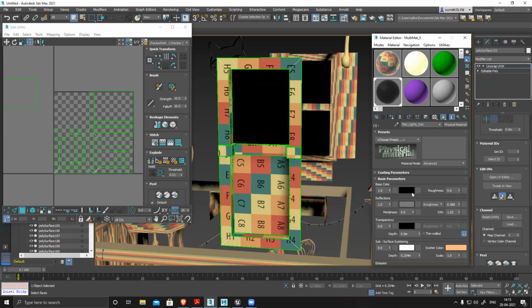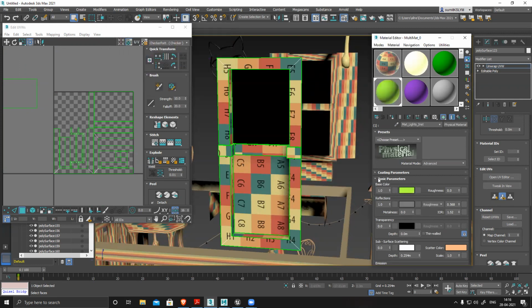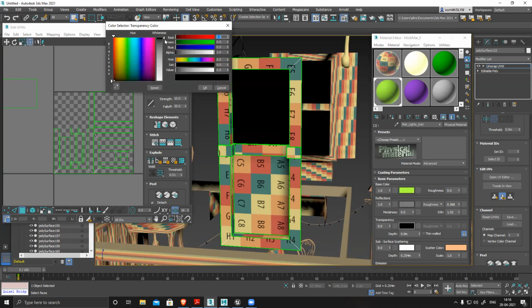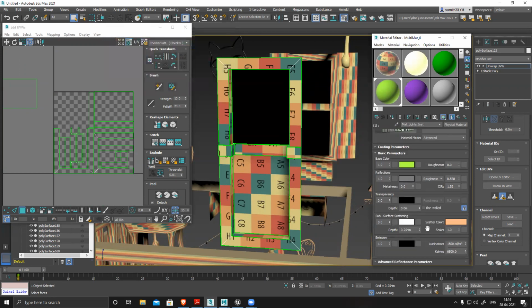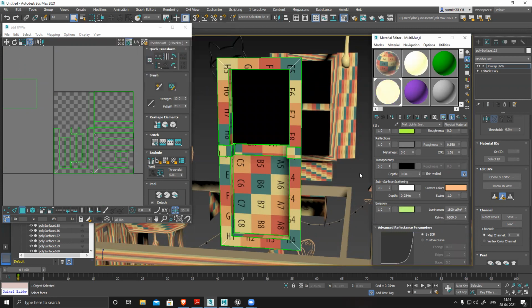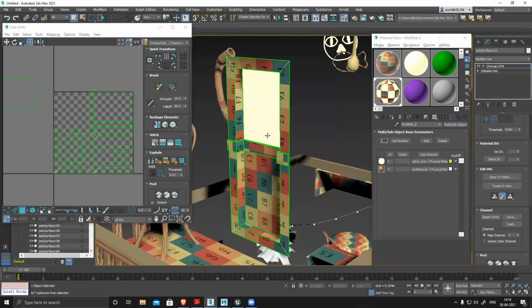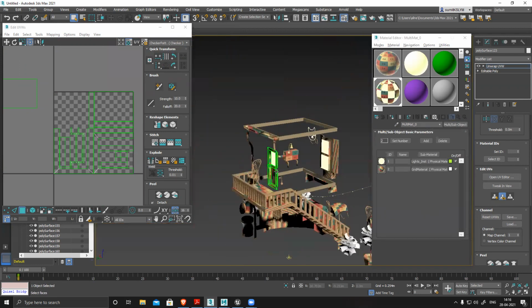So the basic color, maybe make it yellow or green or something. Emission is also black. It should be more yellow. See, it became bright. Now I can clearly identify this surface.